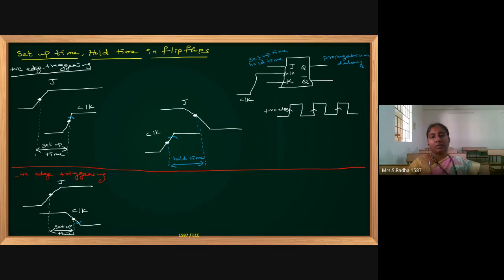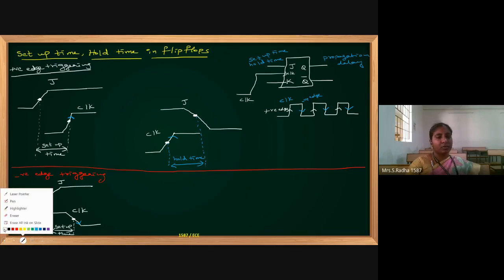So in the clock signal here, this decreasing, negative going, is nothing but negative edge triggering. This is negative edge triggering. Okay, that is what I have written on the bottom. Now if you see similarly, for hold time you can try, or the input you can maintain the same.